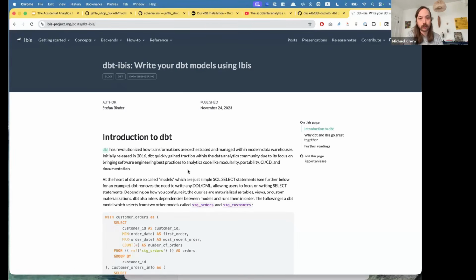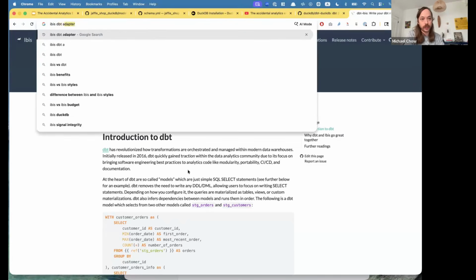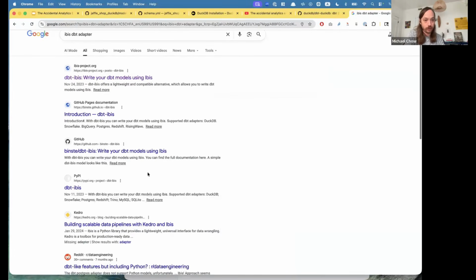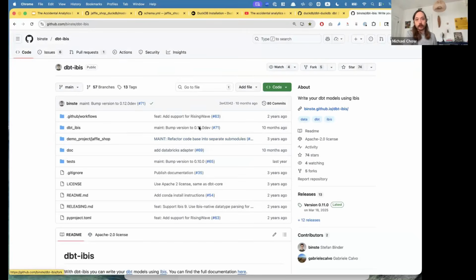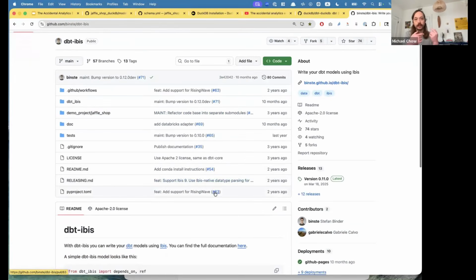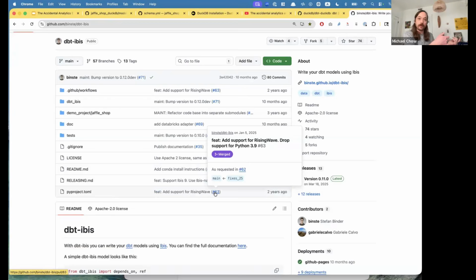There is an Ibis DBT adapter. There is this funny space of people who have integrated tools that can generate SQL into DBT, but the space isn't super common, so you're kind of off the beaten path, is the problem.